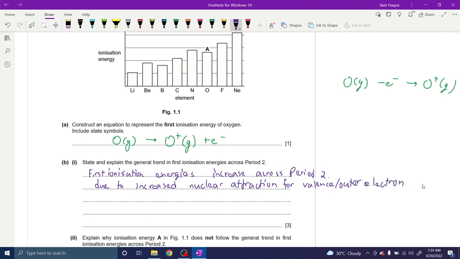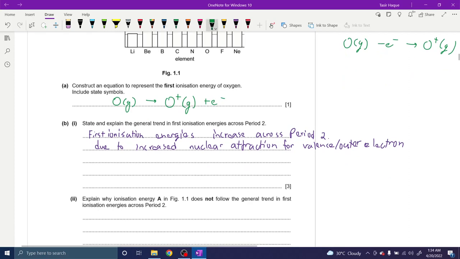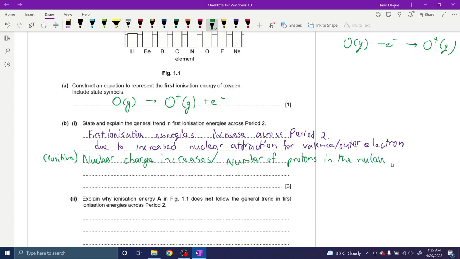So this is really important. This gets you 1 mark. Now we're just going to explain why this increased attraction occurs. This is due to an increase in nuclear charge, right? So nuclear charge increases, or you could also say positive nuclear charge increases, or there's alternate wording, the number of protons in the nucleus increases across the period,